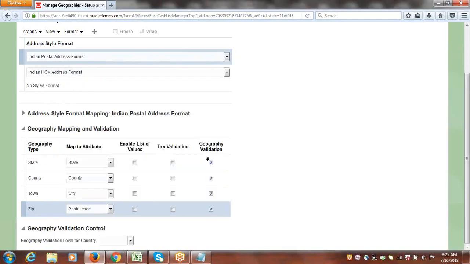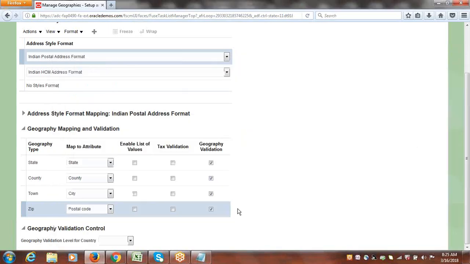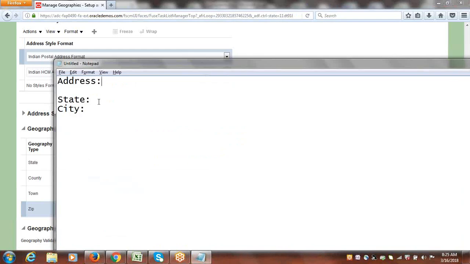Before that, we are loading the Nokia data. After loading the Nokia data, if you enable the geography validation checkbox, what system will do is, if you go to state, there will be a dynamic field. You'll be entering the state, say